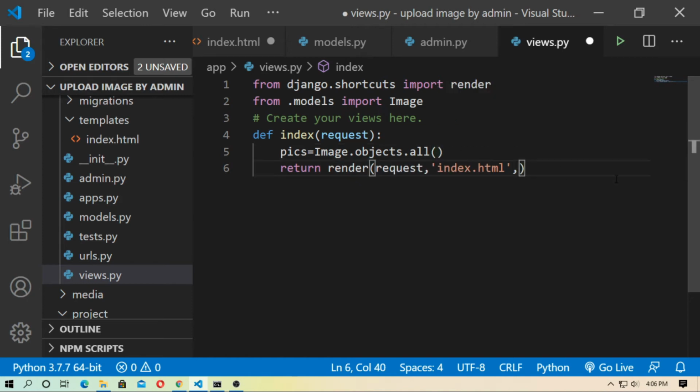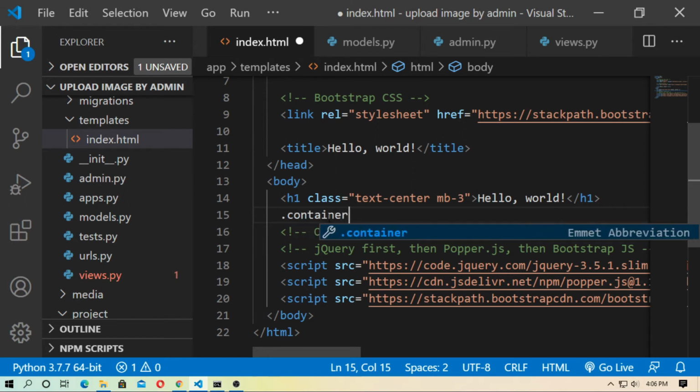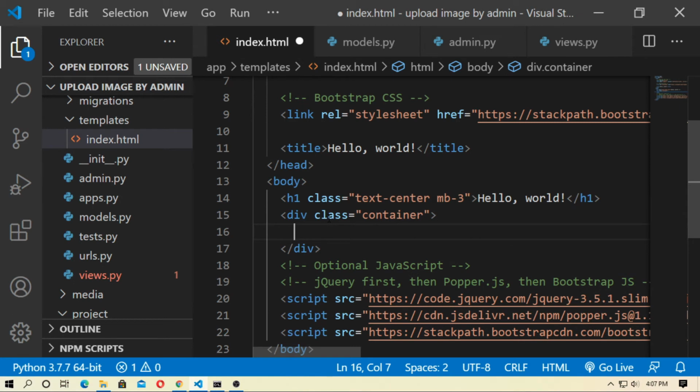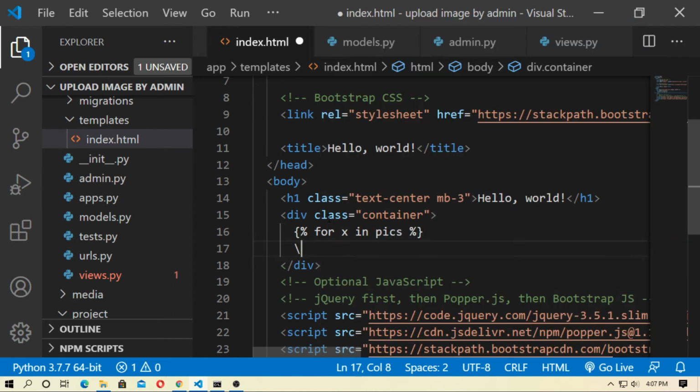Now pass the Django variable pics. Okay, now go to index.html. Here create a container class. Now create a for loop for grabbing all the pictures: for x in pic, and then end the for loop.